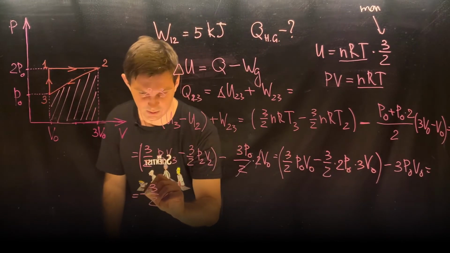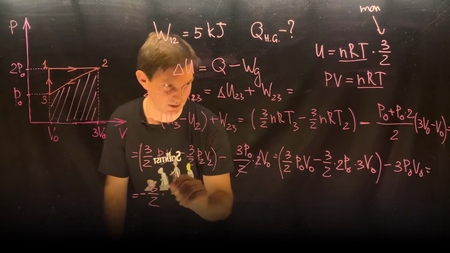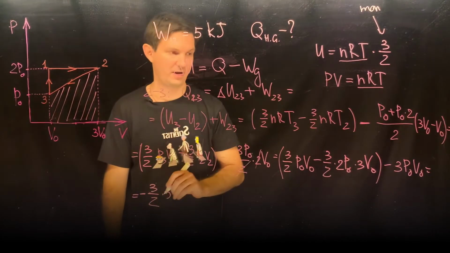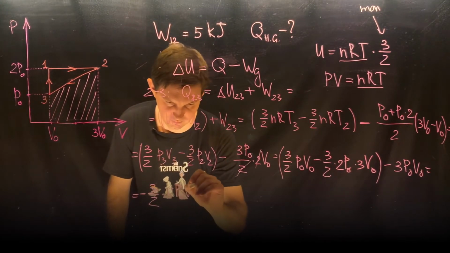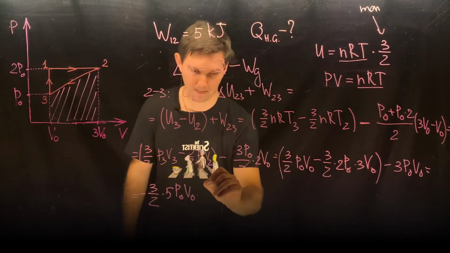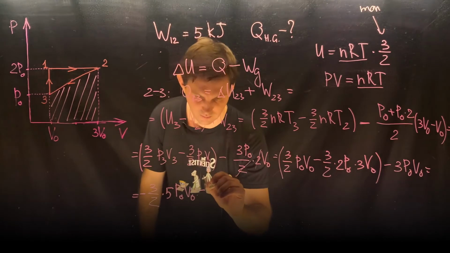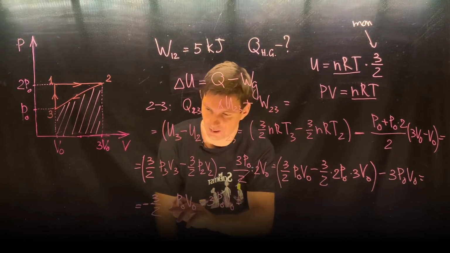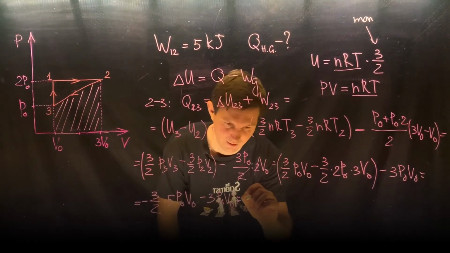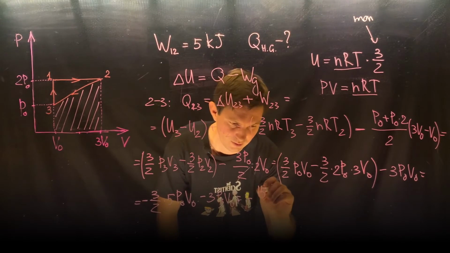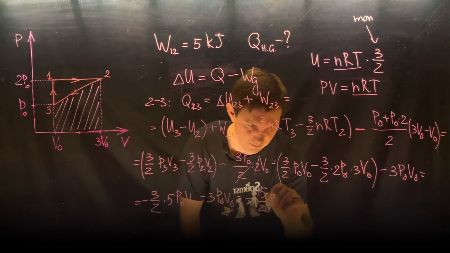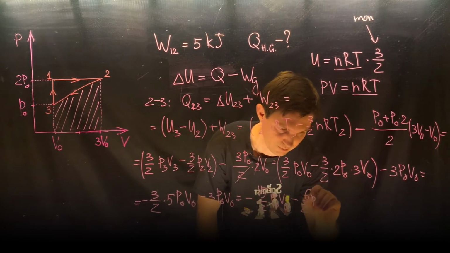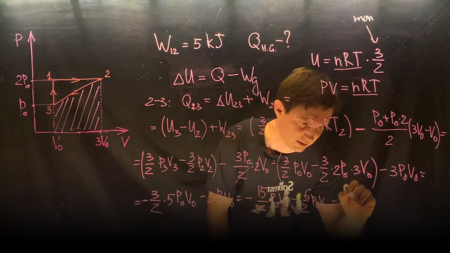That means that it is minus 1 minus 6 is 5, 5 P0 V0, minus 3 P0 V0. 3 times 5, it is 15 minus 15/2 P0 V0 minus 6/2 P0 V0. It is minus